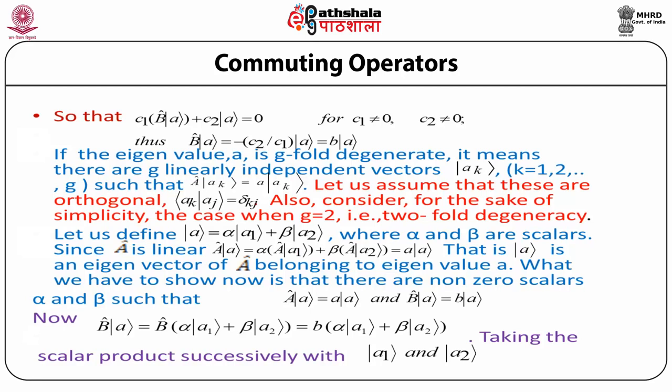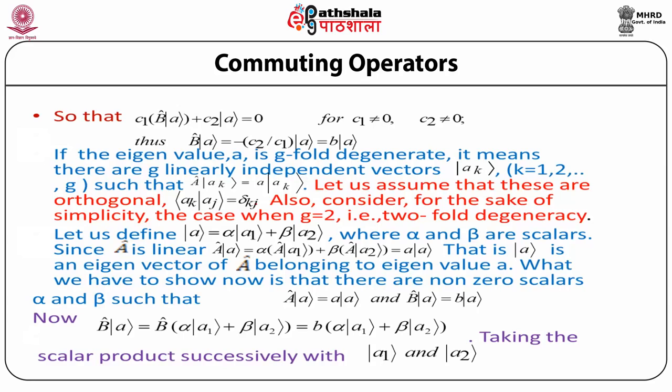So from this equation one can see that operator B acting on ket vector A gives us an eigenvalue B, where the eigenvalue B is simply given by the coefficients of the linear expansion. That is, the eigenvalue B can be written as minus C2 by C1, where C1 and C2 are the coefficients of the linear expansion. Now, if the eigenvalue A is G-fold degenerate, it means that there are G linearly independent